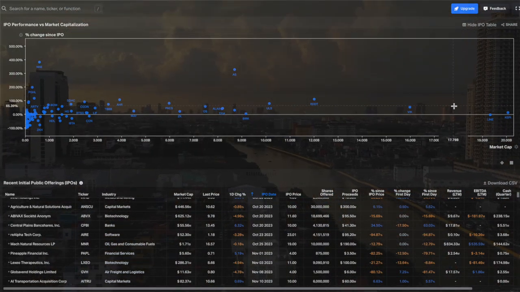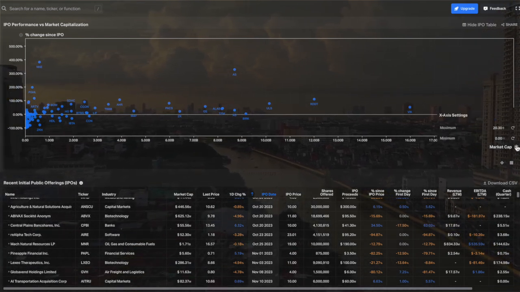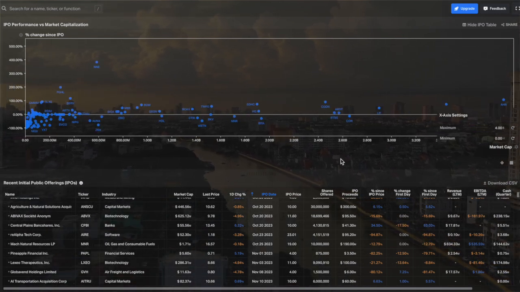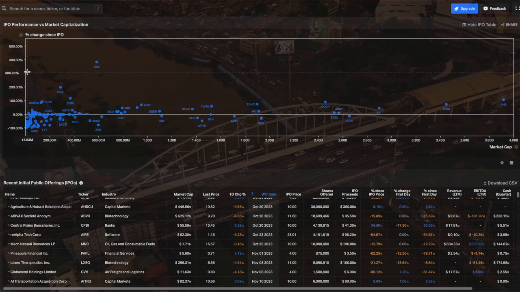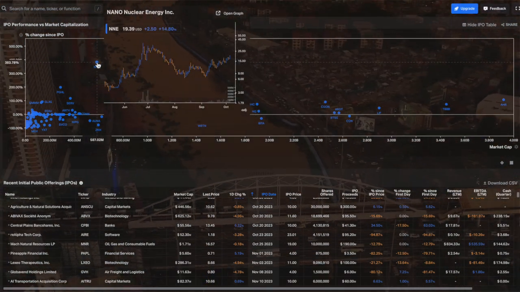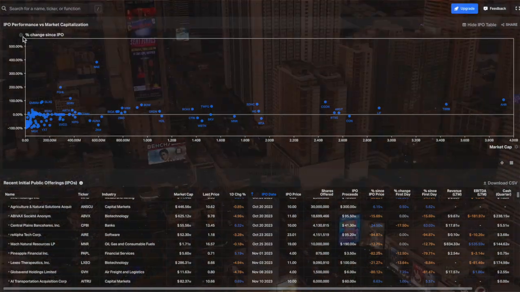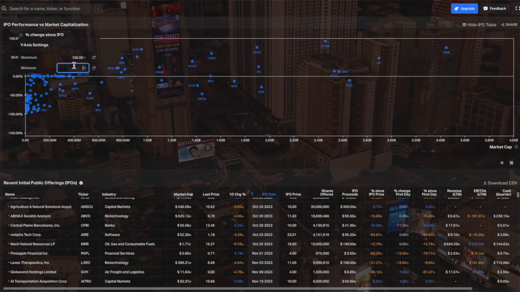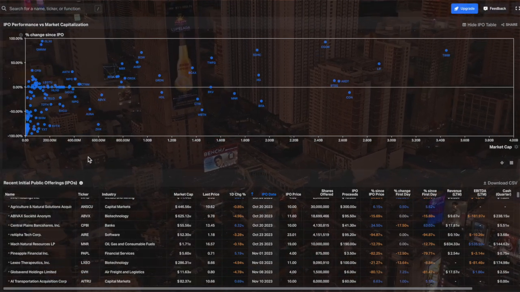I'm gonna skip these and I wanna focus on this area right here. I'm just gonna zoom in around the 4 billion mark. So let me change the value to 4 billion maximum. Okay, let me just remove the top here. We have one outlier, which is Nano Nuclear Energy, which went up about 383%. Okay, it's a bit of an outlier. I'm gonna put a maximum value of 100%, and a minimum value here of minus 100%. Okay, so this is a bit more telling.